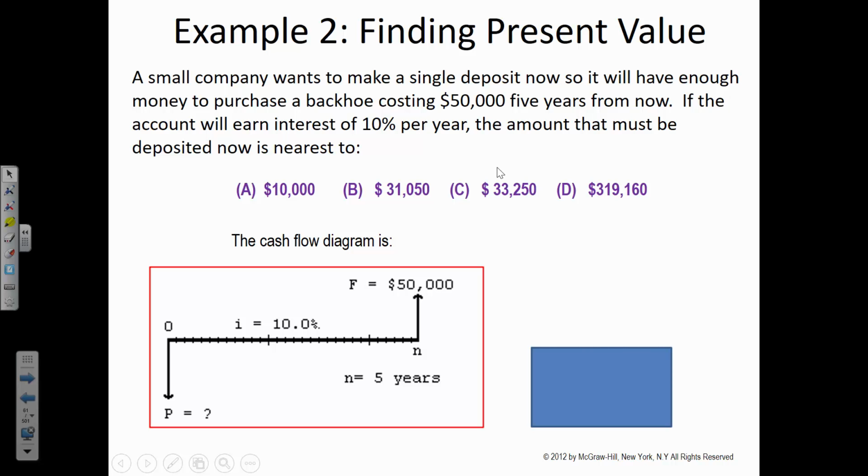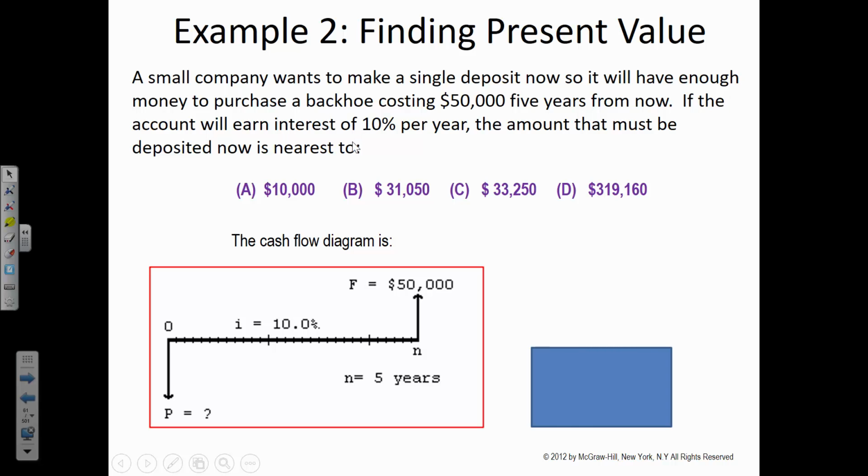So if we graph this, we've got a withdrawal we're going to take in 5 years. So that's an arrow up in a known amount of F. The P is a downward arrow because we have to make the deposit today to make sure that money's in the bank and available to withdraw. Okay, so this is 10%.